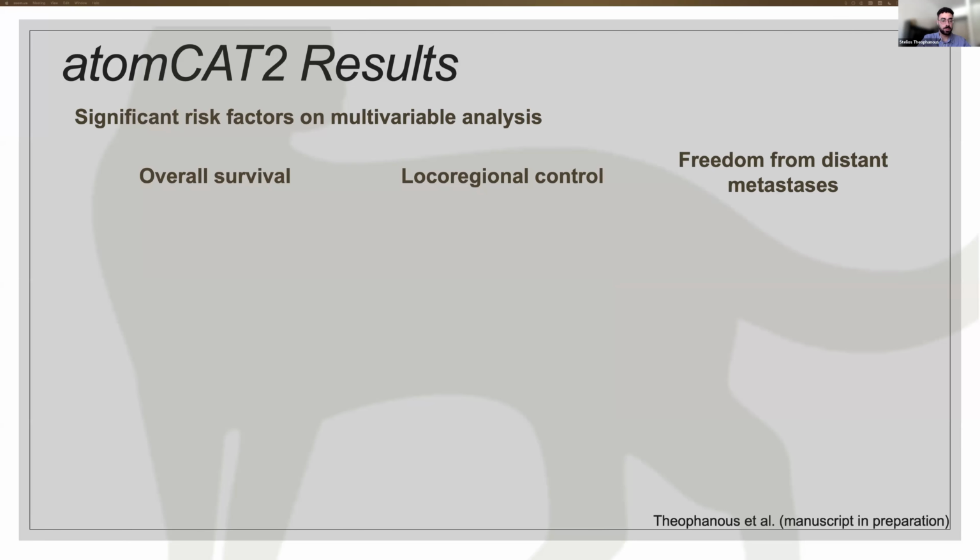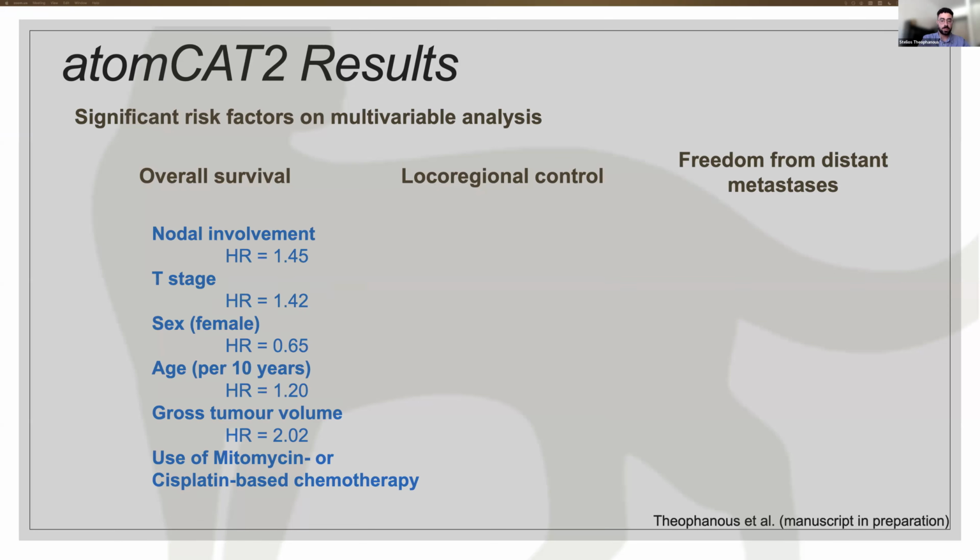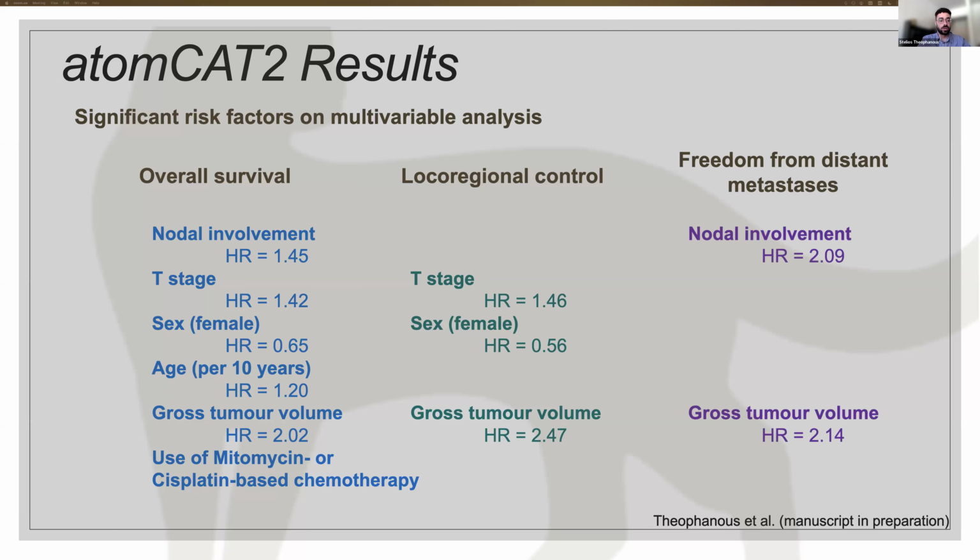Our federated prognostic models show that 6 factors are prognostic for overall survival, 3 were found to be prognostic for locoregional control, and 2 for freedom from distant metastases. Here it's important to highlight the lack of effect of the radiotherapy dose on any of the outcomes, which is actually interesting because it's being investigated in the PLATO trial. So it will be great to see how the results from this clinical trial compare to the results from a real-world evidence study. And as you can see here, the tumor volume appears to be the most consistent prognostic factor